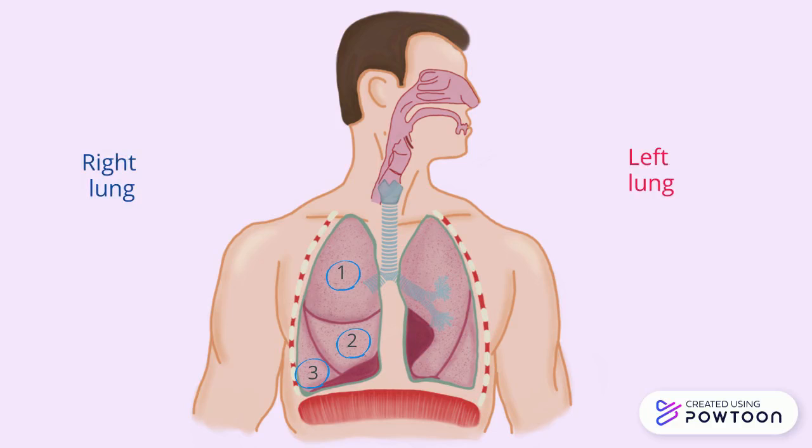The right lung is larger than the left and has 3 lobes. The left one is smaller due to the space occupied by the heart and has only 2 lobes. Respiratory